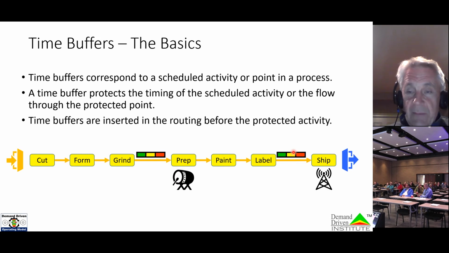We've also inserted a time buffer before shipping, because if this is a make-to-order environment, or we could have a stock buffer here, we want to ensure that we can ship on time. So we give ourselves a bit of time after the drum resource to absorb whatever variation occurs after the drum resource. If we properly protected the drum, its output should be completed on time. There could be additional variation that occurs in the subsequent steps. So if we put a time buffer just before shipping, it helps us ensure that we make our on-time order fill rate.